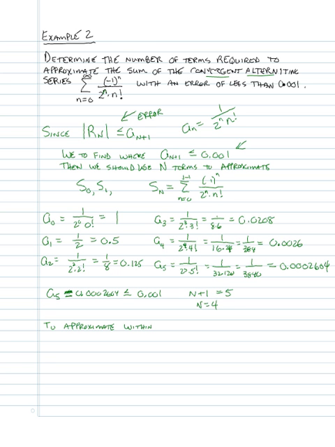So to approximate within 0.001, we use the fourth partial sum. Okay, that's the sum in this case from n equals 0 to 4, and I've kind of run out of room over here. You know what we've got there. So let's write it in here then. Our approximation is, okay, the sum from n equals 0 to 4